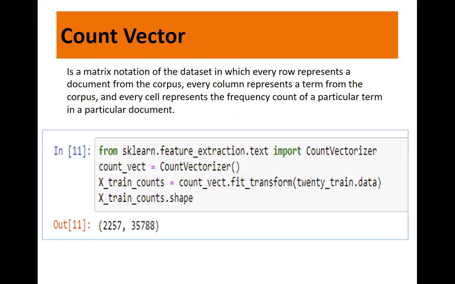Now this counting is good, but it is a problem when you go for longer documents. Longer documents will have higher average count values than shorter documents, even though they might talk about the same topic.